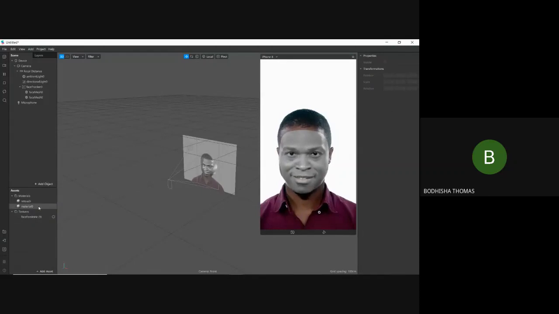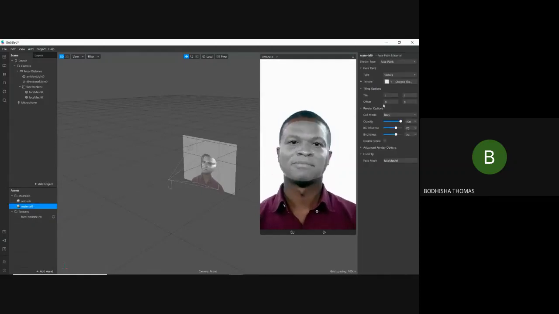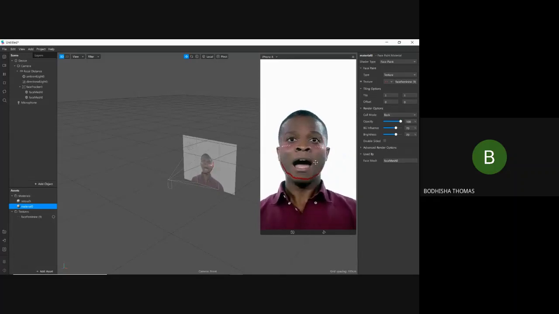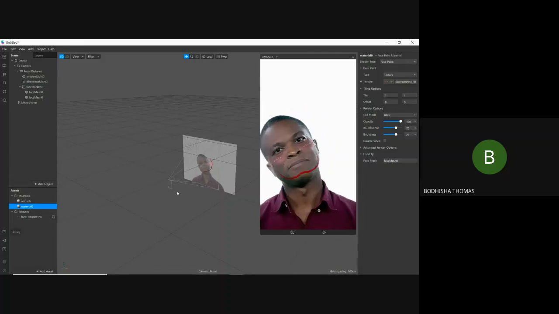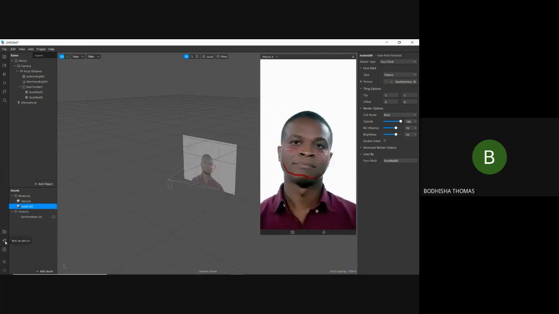So what we have to do, we have to just go to our material and add the texture to Phase 1. So now we have this texture. This is very simple face paint filter. It is ready. We can use this to upload and publish to our Instagram profile. For that, I'll show you how to test it on a device. So now that it is complete, we'll test it on our device.